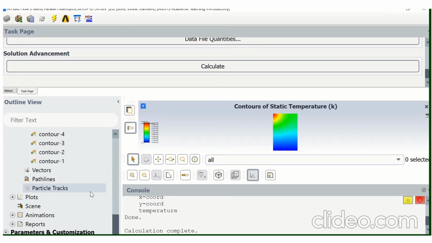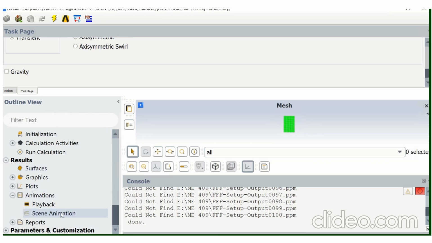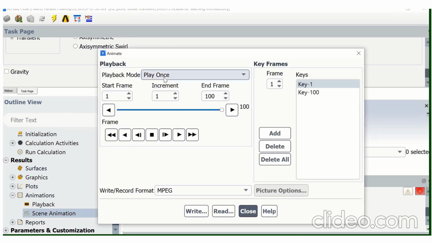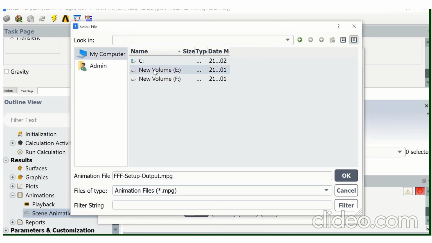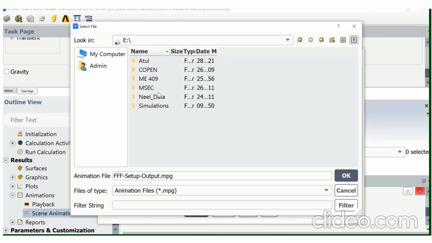Now suppose we want to create an animation out of this. For that you have to go to the scene animation, then you have to give the data like starting frame 1, increment 1, end frame is 100. You have to give the starting and end frame, then you have to select MPG, then you have to just click on write, and select the folder where you want to save the video file.